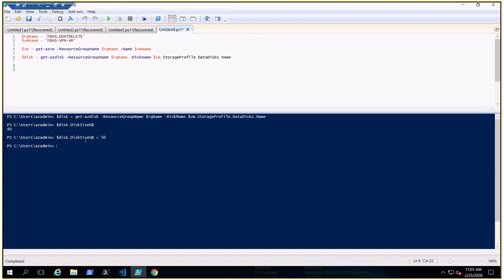Now we need to update this disk, only then it would be added in the actual disk. Right now it is there only in your PowerShell session. Okay, so let me put it here, $new size. Let's put it here like this,